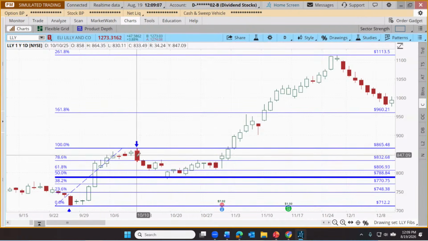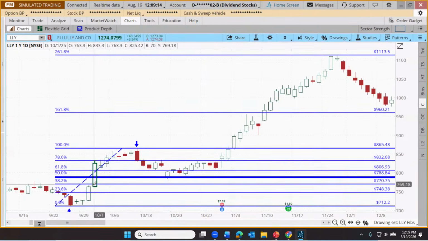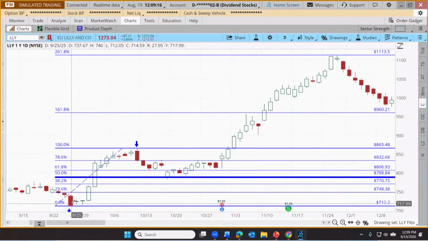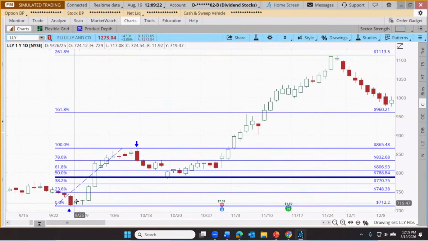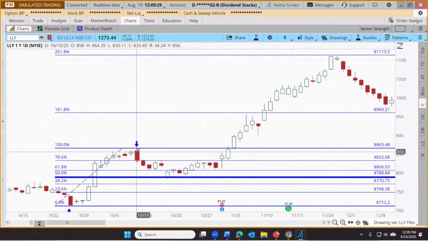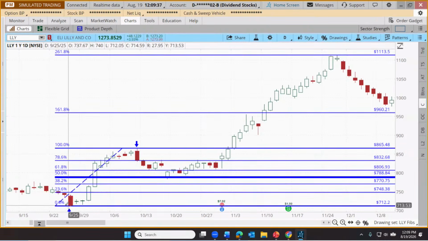What we do know is that with the benefit of hindsight, so putting ourselves in the shoes of a trader who maybe saw the stock starting to pull back here in the second week of October, there was this really strong run up. That is comparatively stronger than it typically has been in the past. In real numbers, this stock went from $712 up to a high of $864 in about 2 weeks. All right, that is a big, strong move in percentage terms.